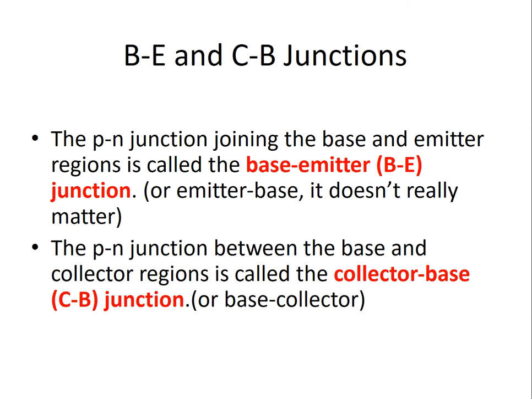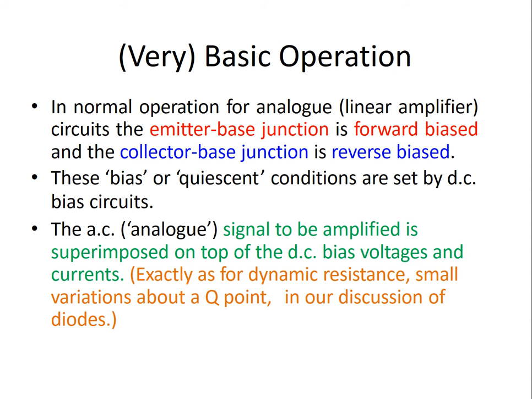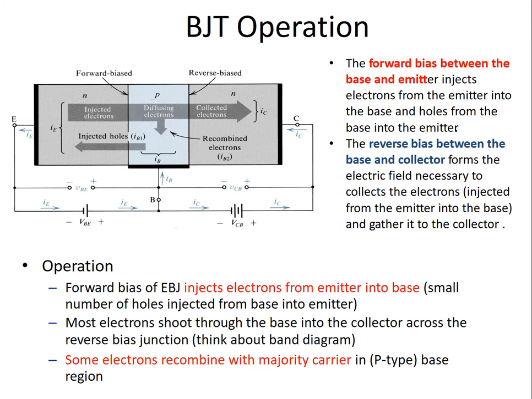So now let's see how it will operate. For the basic operation of the BJT, as I said earlier, this is N, this is P, and this is N: an NPN bipolar junction transistor. This is the emitter, and this is our collector. What we do here is make this N and P junction forward biased. Basically, what we have here is a diode.